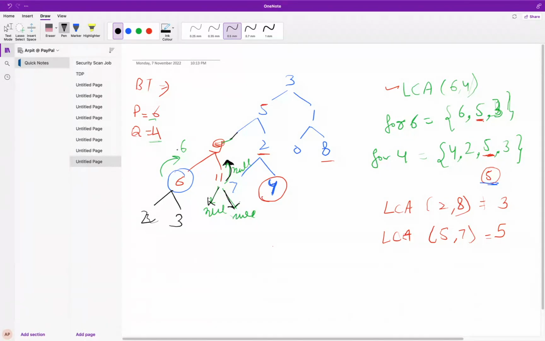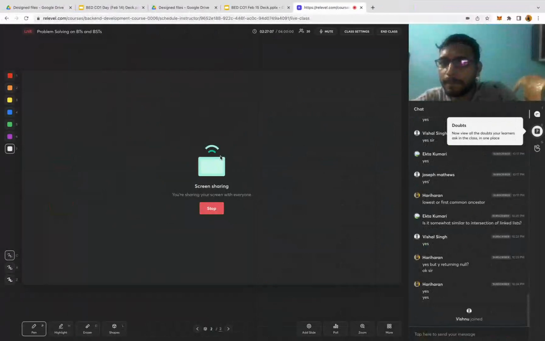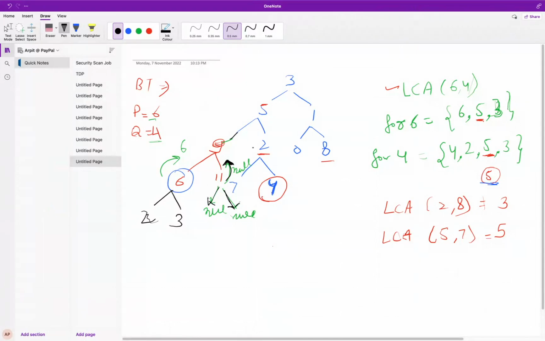Correct? So when left and right, 11 will also return null. Are you getting it? 11 will also return null. Why is 11 returning null? Correct? So now, guys, let's look at the next logic, which is if somebody's left is returning 6 and